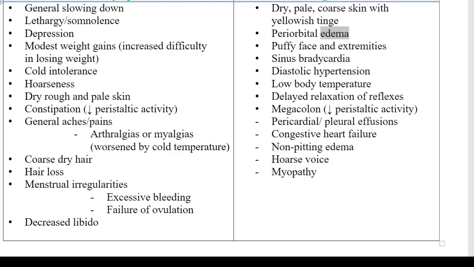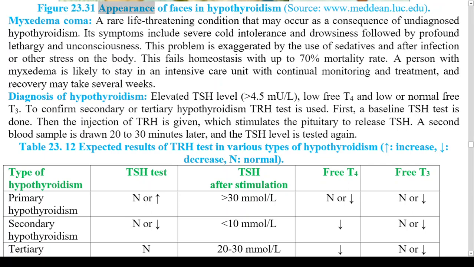Decreased libido. Dry, pale, coarse skin with yellowish tinge. Periorbital edema. Puffy face and extremities. Sinus bradycardia. Diastolic hypertension. Low body temperature. Delayed relaxation of reflexes. Megacolon, decreased peristaltic activity. Pericardial and pleural effusions. Congestive heart failure. Non-pitting edema. Hoarse voice. Myopathy. Figure 23.31 Appearance of faces in hypothyroidism. Source: